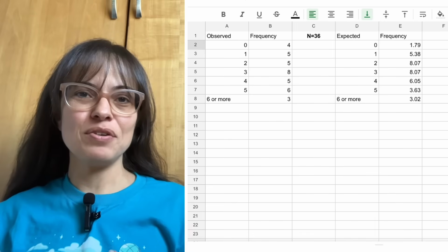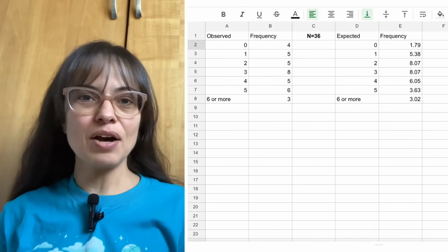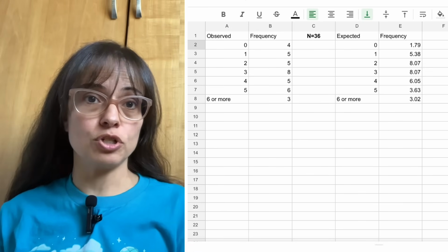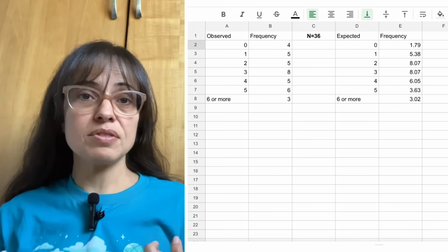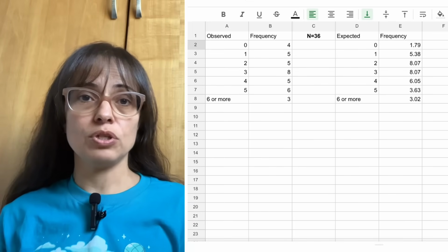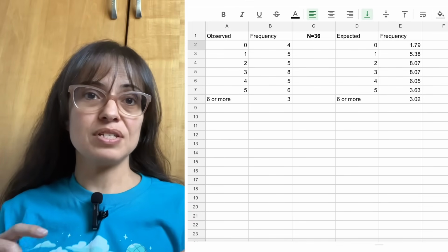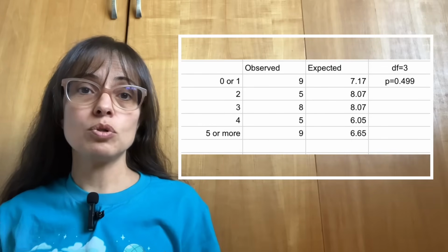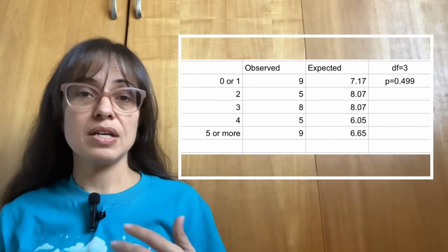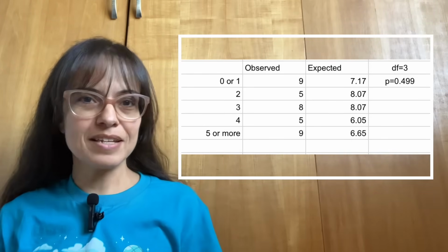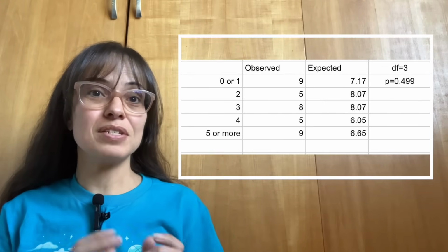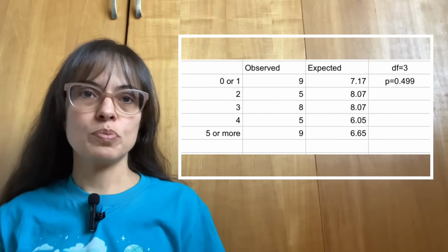Again, at this point, if you were writing an IA, you have to argue a little bit about your choices and what you're going to do now, because one thing that is very common to do in a goodness of fit test when you have these very small categories is to put them together. So I could put 0 and 1 together and say, what is the probability of getting less than 2 phone calls? That would be a category which includes both the 0 and the 1 phone calls per day.